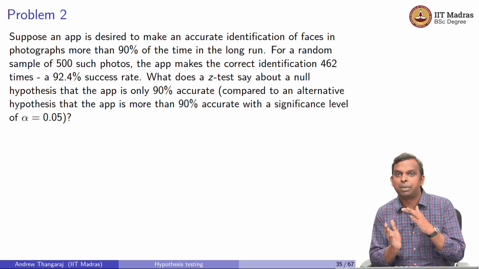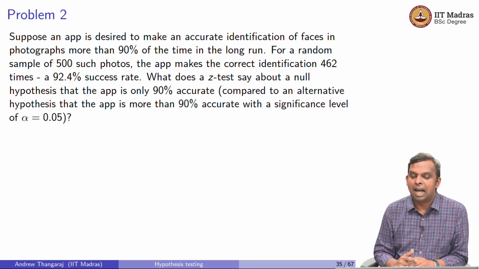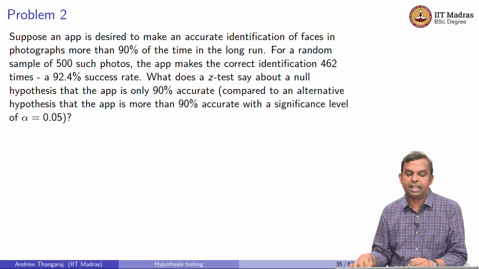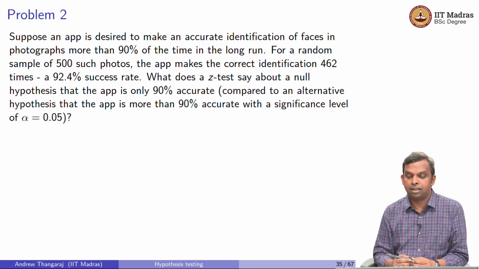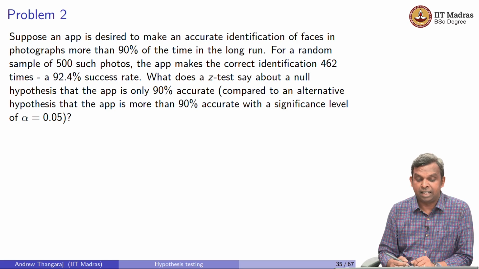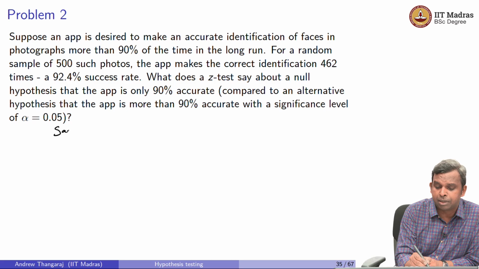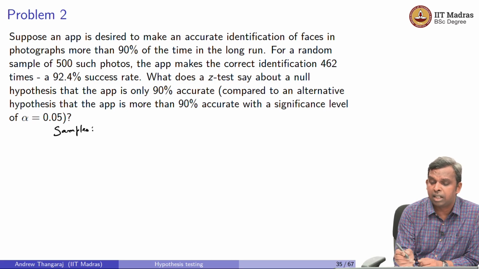So that's like a Bernoulli p distribution that you have, and you have 500 such photos. The app correctly makes identification for 462. Okay, and you want to do a z-test for the null hypothesis that the mean is 0.9, against greater than 0.9, at significance 0.05. So the distribution is slightly different. So let's just first write down samples. Sometimes if the samples are not clear, you need to write it down. X1 to X500. We can take this as IID Bernoulli